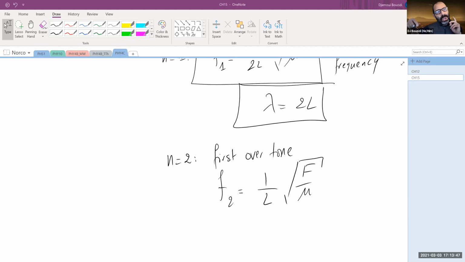Initially the frequency was a low pitch, like a deep voice, and then it became higher and higher in frequency. If I cut the length, the frequency should go even higher because it's inversely proportional to the length, as you can clearly see from this relationship that I'm describing on the screen here. So again,